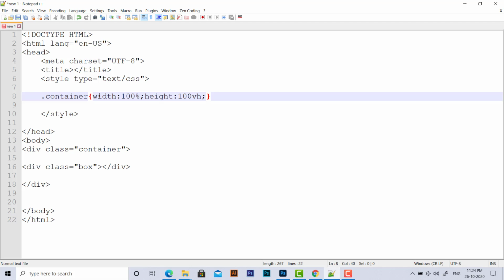And the next important property is display flex. This is another important property we are supposed to give. This property should be given to the parent element. So what is the parent element here? The container is the parent element. So for the parent element we have to give display flex. And just two more properties we have to give, that is